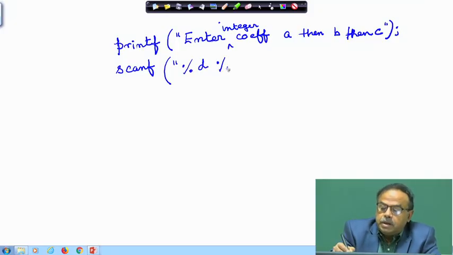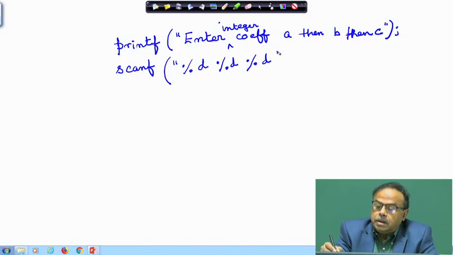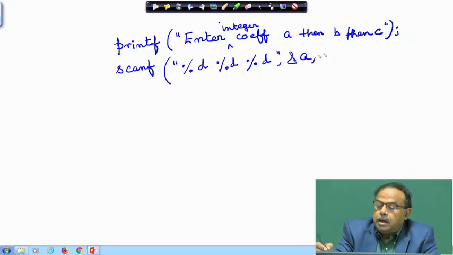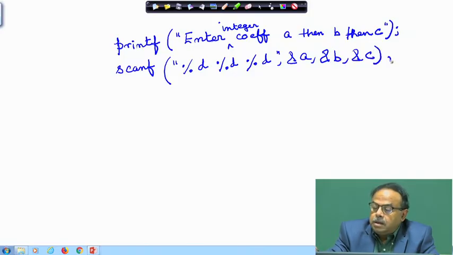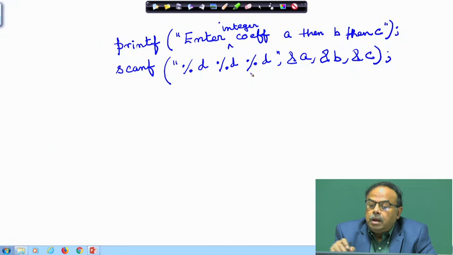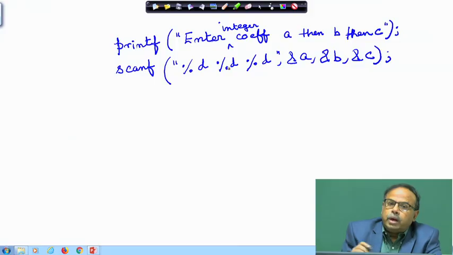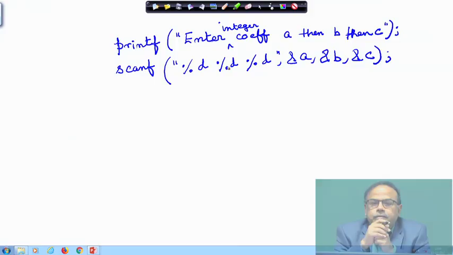%d, %d, %d, and a, and b, and c. So, what will I do? My system will read the 3 integers a, b, and c. Now starts the main program, and if you have studied the flow chart that I had shown